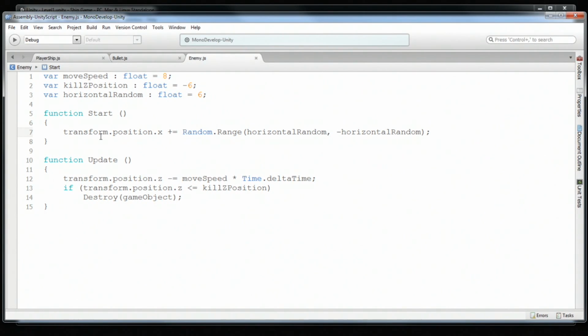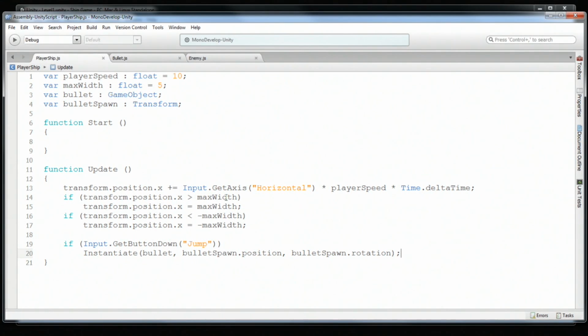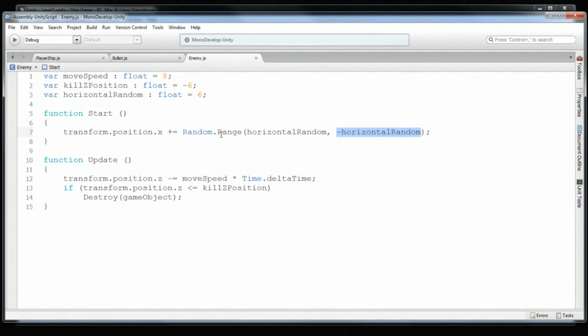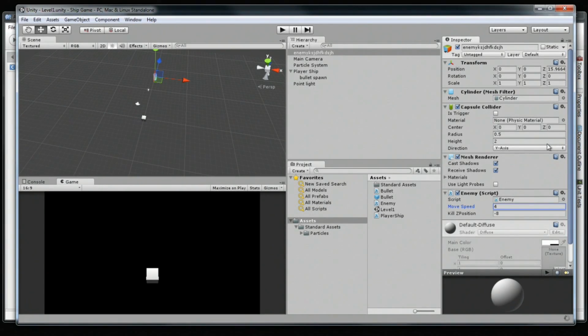So that's just going to take the position of where the enemy is at right now, and then it's going to randomize the X position of it a little bit, just to make sure that they all aren't coming down in a single file line. And then it's going to be in between horizontal random and negative horizontal random, kind of like in the player script when we had the max width and negative max width, and we're just doing that but just with a random function instead. So hit Control S or Command S if you're on a Mac,